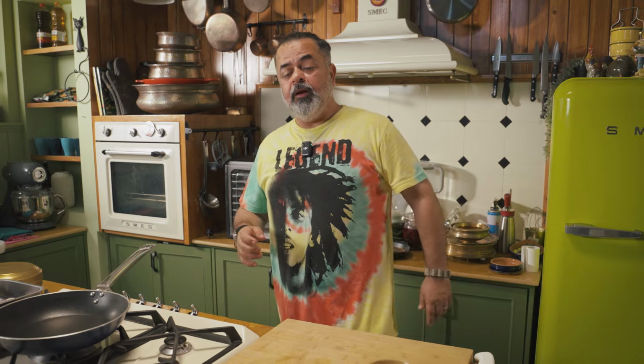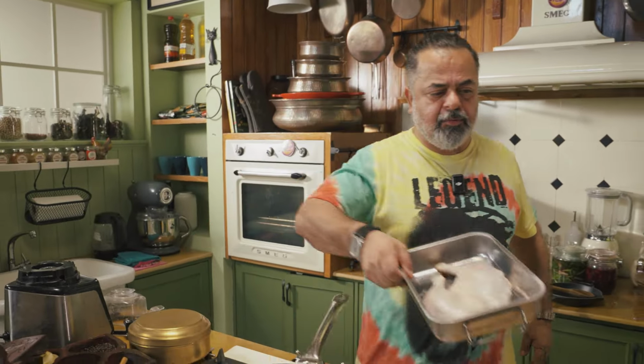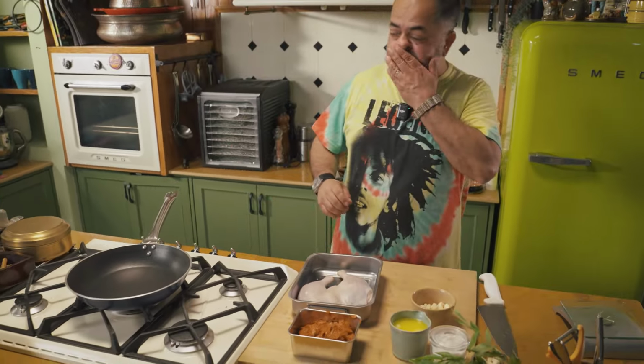So a lot of the ghee roast masalas which are available sometimes have citric acid, sometimes they have vinegar, because they are all used as preservatives. Now, this is where we want to start our first process. So basically,